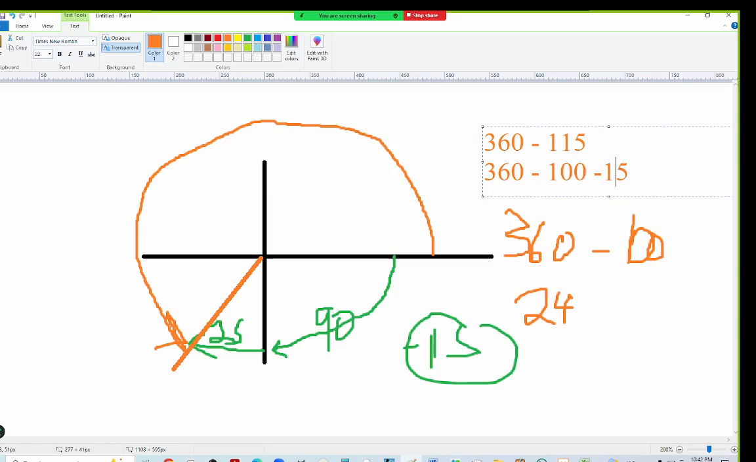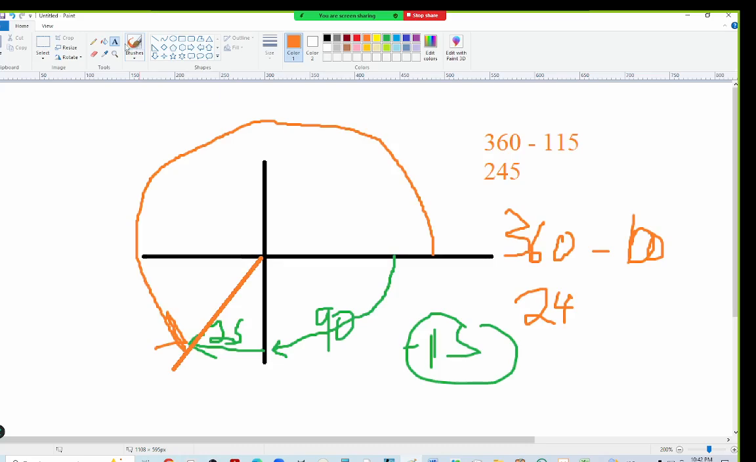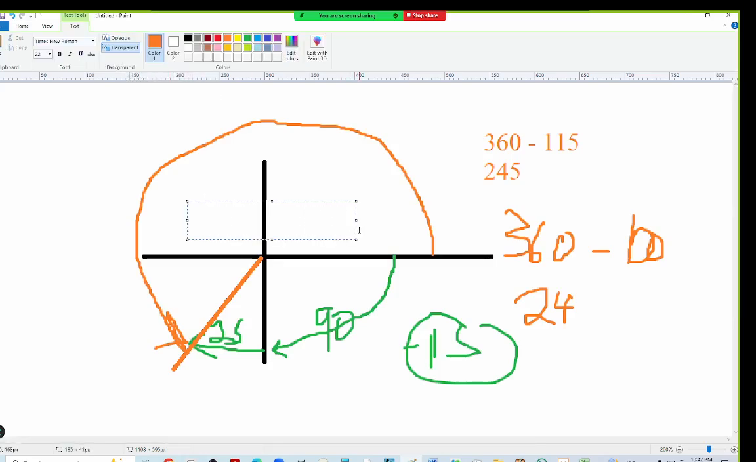Because 360 minus 100 is easy. It's 260. And then 260 minus 15 is the same as minus 10 minus 5. 260 minus 10 is easy. It's 250. And then 250 minus 5 is 245. So that's our answer. The answer in a standard position, I can answer